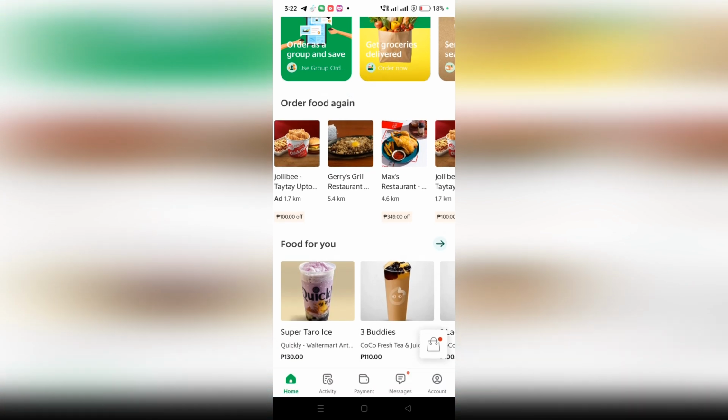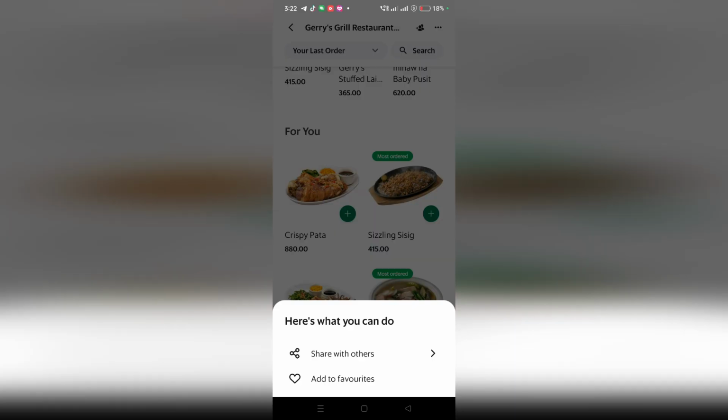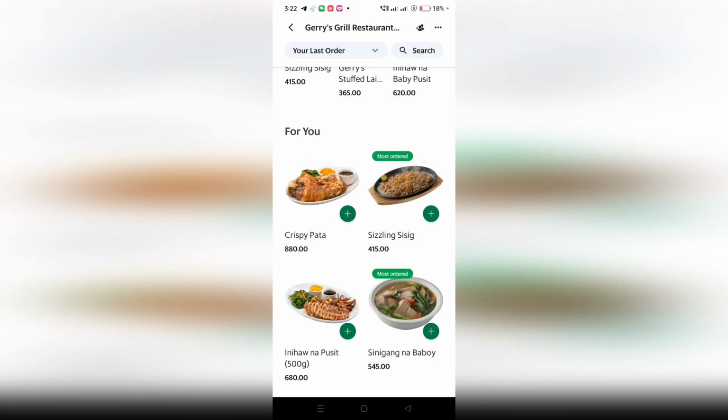For example, right now I'm going to choose Gary's Grill restaurant. Then scroll down a little bit and wait until the three dots on the top corner appear. Once you see that, click on it and then click on add to favorites. Once you add it to favorites, to see what you added to your Grab